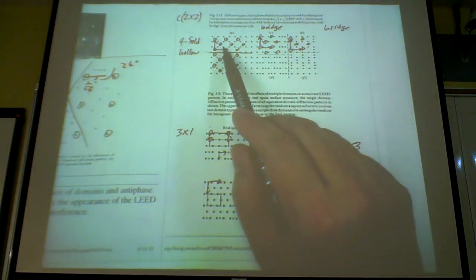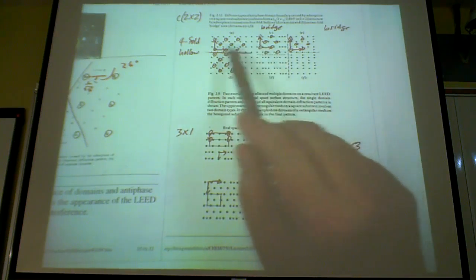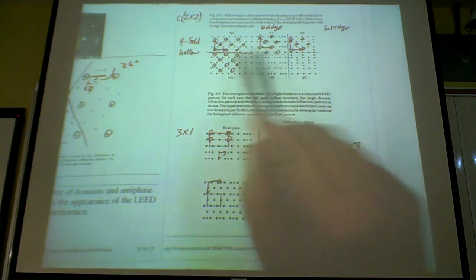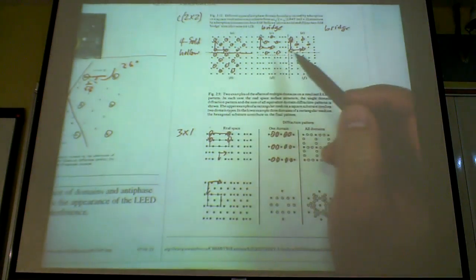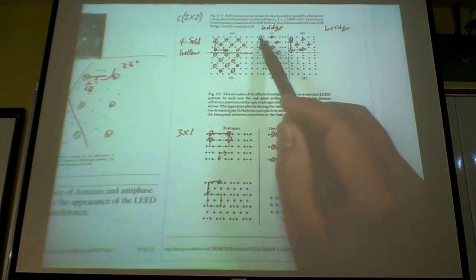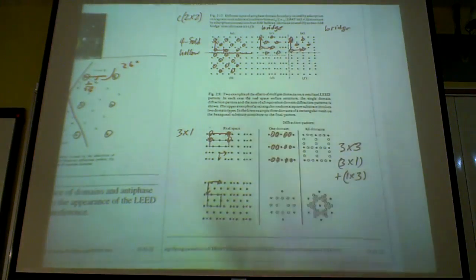I cannot tell the LEED pattern generated from this from a LEED pattern generated if I move my adsorbate to a bridge site. But the arrangement is still the same. You see, the arrangement is still unit-cell-wise the same. It's just the local structure that changed. Instead of a 4-fold hollow site, I have a bridge site, right? And by the same token, I can also put it on another bridge site, right? So here you have one direction bridge site, and this is a second bridge site here. And all 3 of these will generate exactly the same